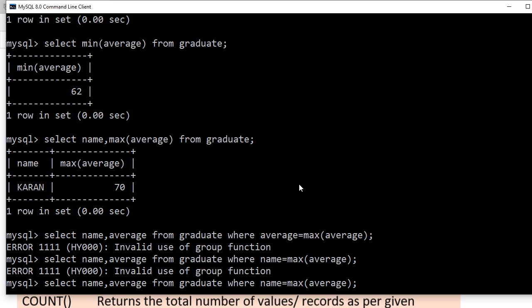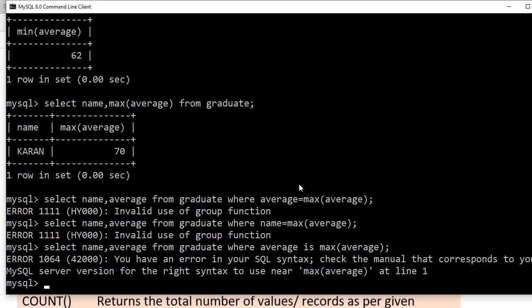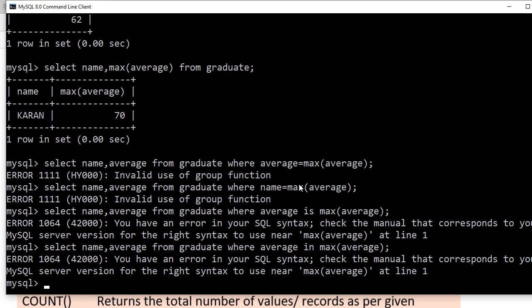Where average is max average. Any more tries? Two, three more tries you do. No try, now I'm writing. Average in max average. Got it? You see, this is a very big concept to understand.